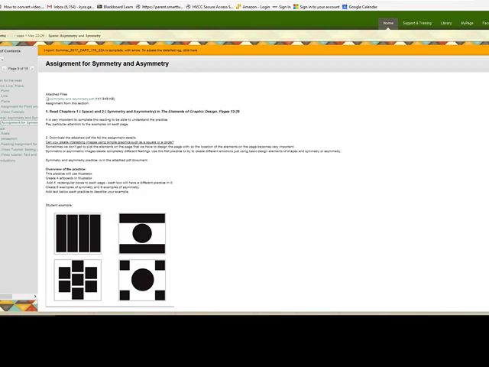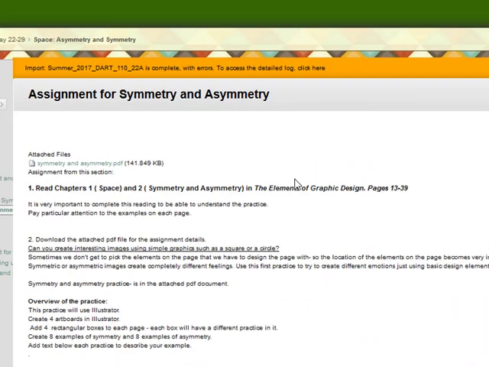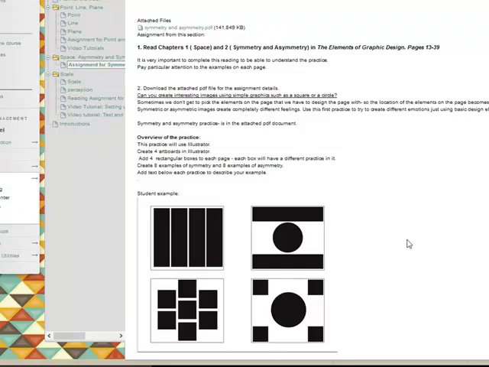In this video, I'm going to introduce you to Illustrator and what you need to be able to complete your symmetry asymmetry assignment. Please, before you start the assignment, make sure you have done the reading, which is chapters 1 and 2 in the Elements of Graphic Design. That's going to give you all of the concepts and terminology that you're going to need to be able to